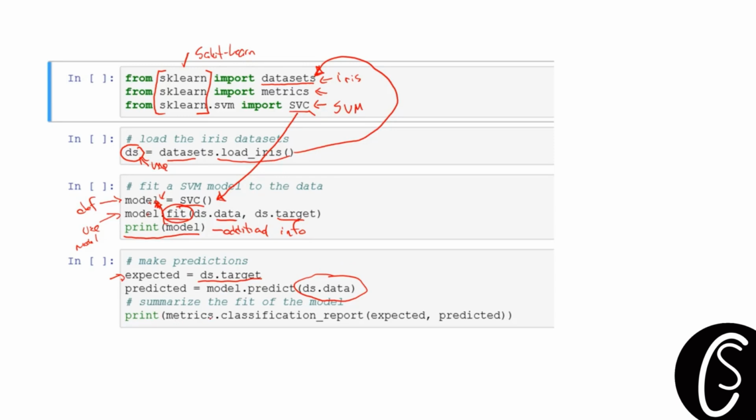Print the metrics, right? Remember, we brought metrics in up here. Now it's time to use it. And inside the metrics is this classification report where it predicts these two things, the expected and the predicted outcomes of the model. All right. It's great that in so few lines of code we can build an end-to-end model that classifies data to the tune of 99%